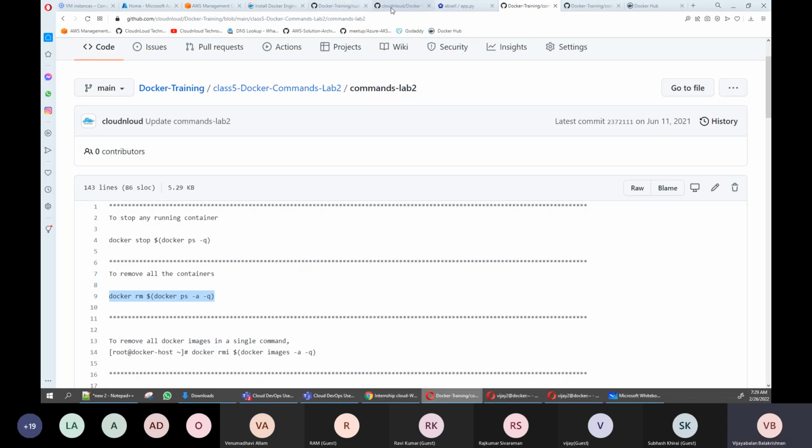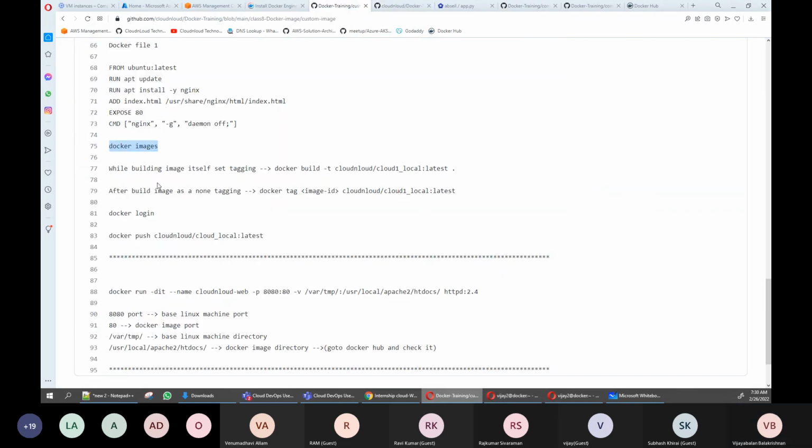So what we need to do? We are going here. We already have a Docker login we have created. Now we are going to push to some repository. Okay, but while pushing to the repository, we can also build our own image. So we can first do this docker build. Instead of this repository, we will create one more repository and we can push it. Then we can tag it. But better we will go with this